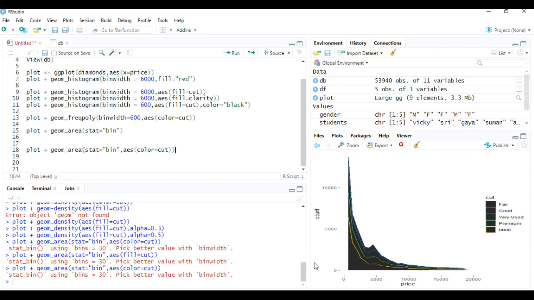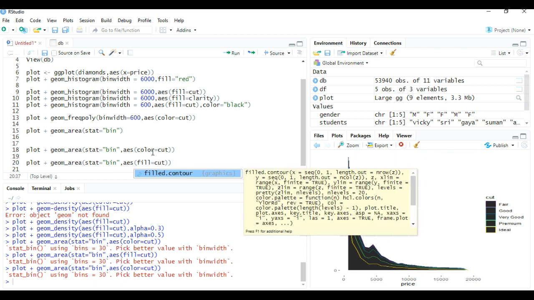Now I'm going to fill this graph with colors. So I will copy this same line and paste it over here. Now in place of color I'm going to give fill. When I give color, it will give me a line.